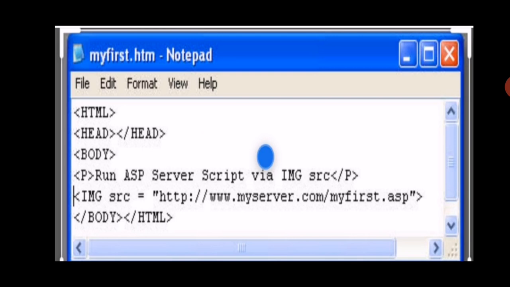After that I am writing the img source, where my cursor is blinking, equals double quotes will start, http colon double slash www.myserver.com slash my first dot ASP, and then the double quotes close and body and HTML close. So you can choose any kind of location for your picture, select anything from there, and you can see your output there also.